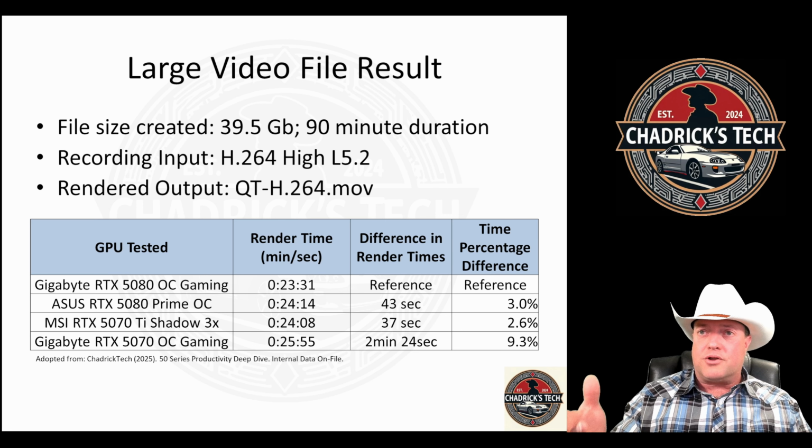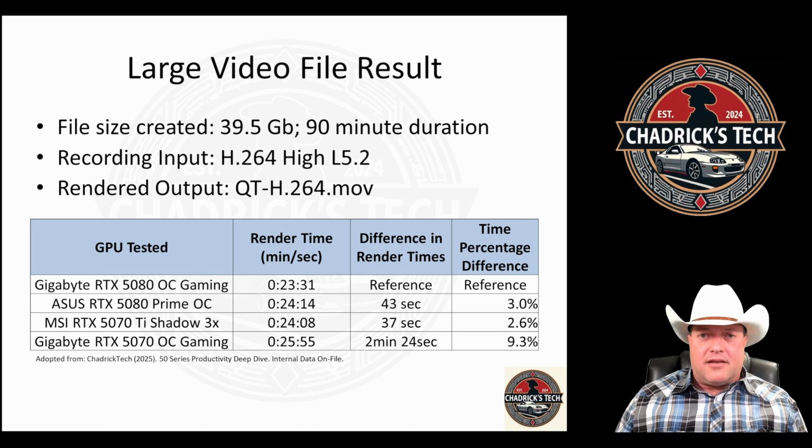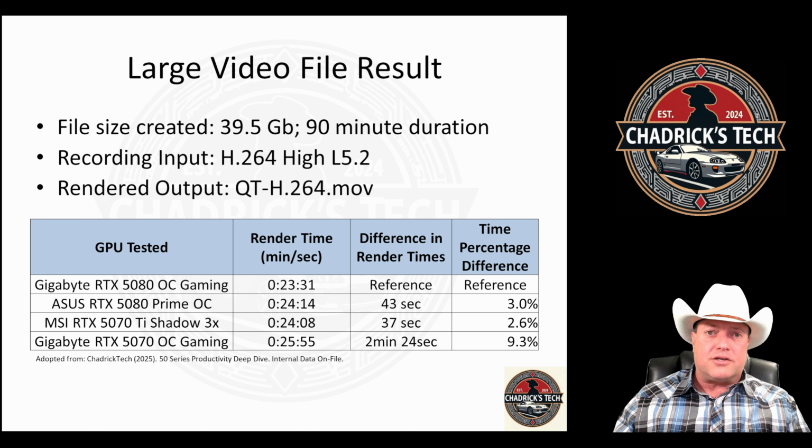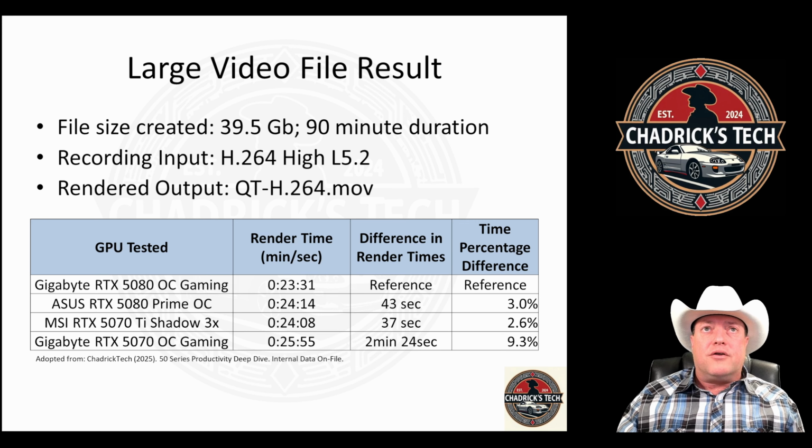Now, when I'm looking at this one group, it's not like it's the outlier. It's very consistent, and for the essence of time, this is consistently reported across the other systems. Okay, so this is the large video render instead of the small video. It's 40 gig, 90-minute duration, going from H.264 High L5.2 to the H.264 MOV, and you get your render times